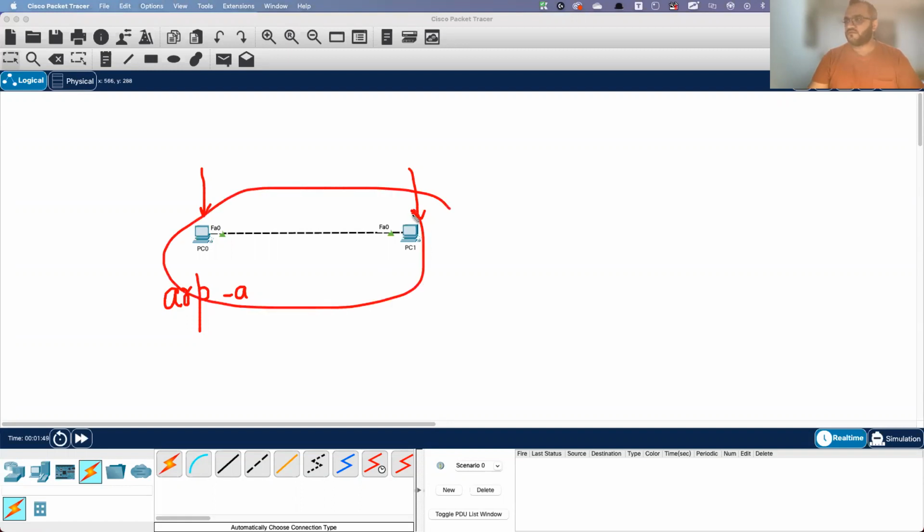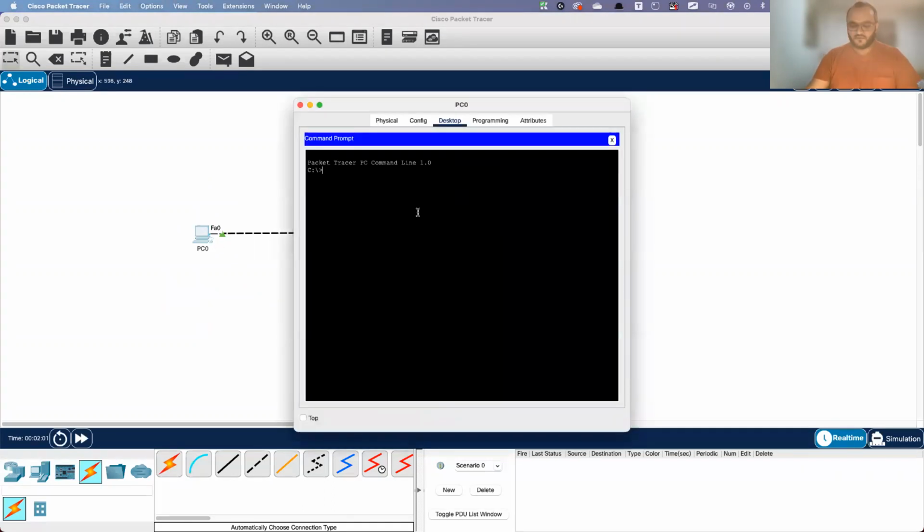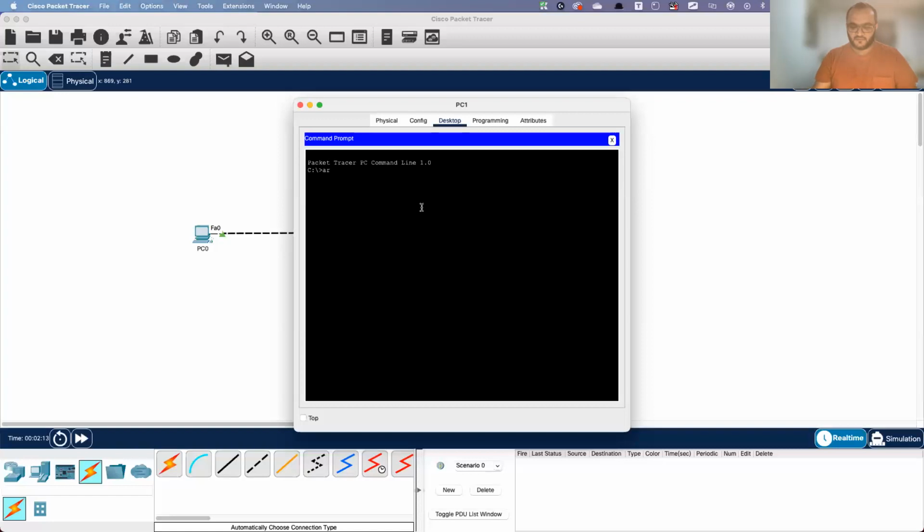So far, these are the only two neighbors. They haven't spoken to each other, so they should not know about one another, right? Let's verify that. Let's go to the PC0 command prompt and run arp -a, and you see no ARP entries found. So PC0 does not know about PC1. Similarly, on PC1, the same arp -a shows the same, so they are unknown to each other, because they haven't communicated. Now, when you force the communication between them,